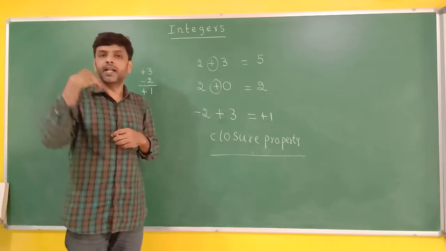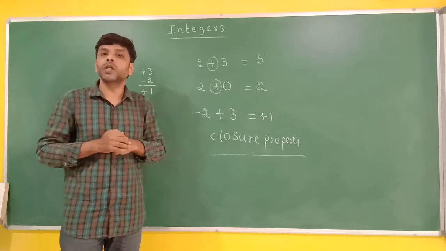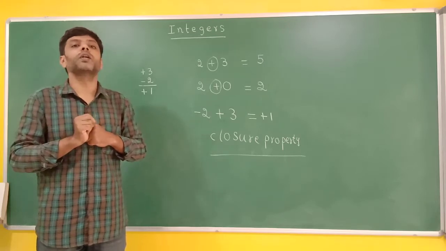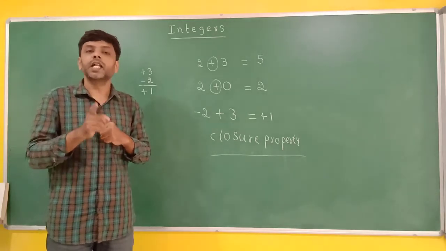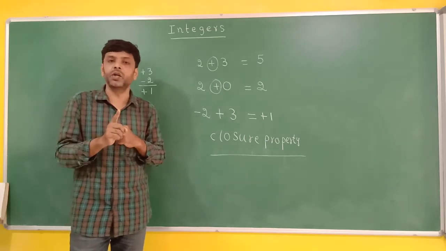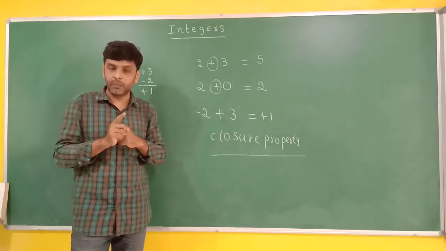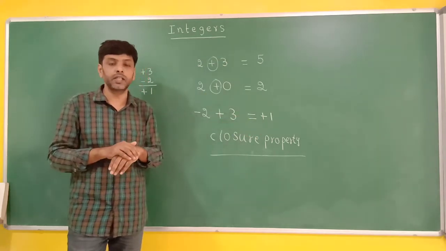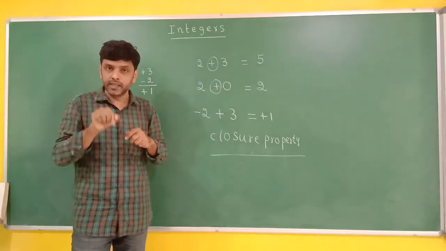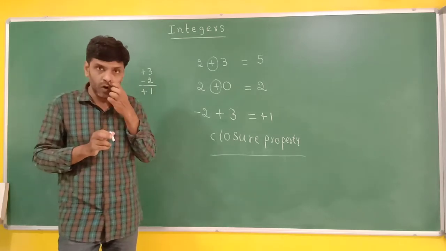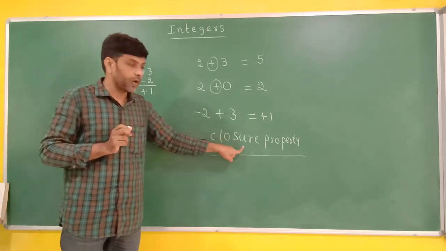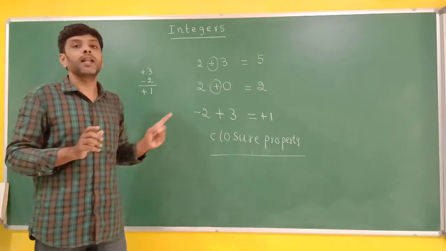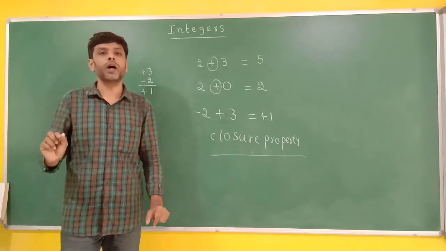So our next property is the commutative property. After explaining these two properties, I am going to give you some homework problems. In our previous class, meaning the previous video, I did only one word problem, the monkey, tank and steps problem. So in that video, I did not give you any homework. In this video, I am going to give you homework based on closure property and commutative property. Now we will learn about commutative property.